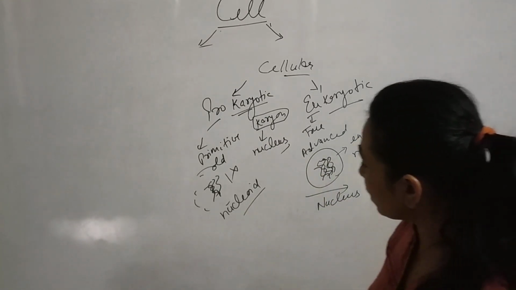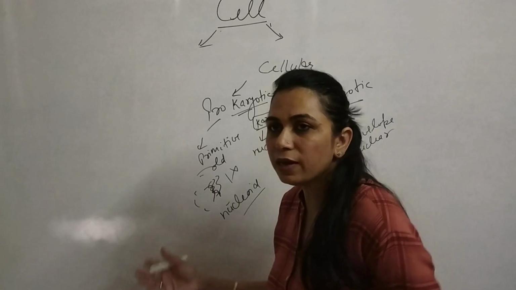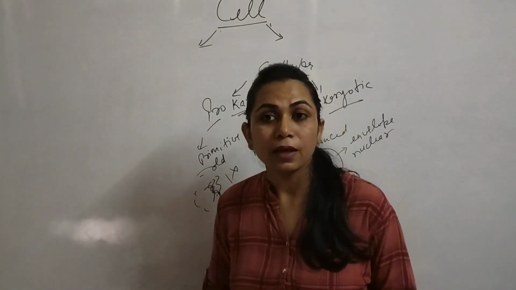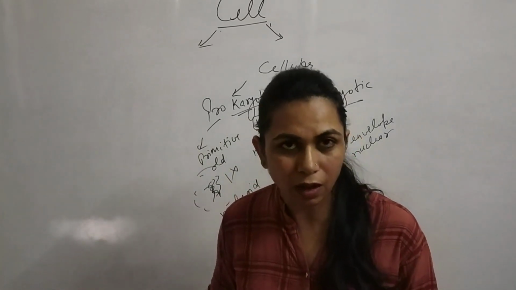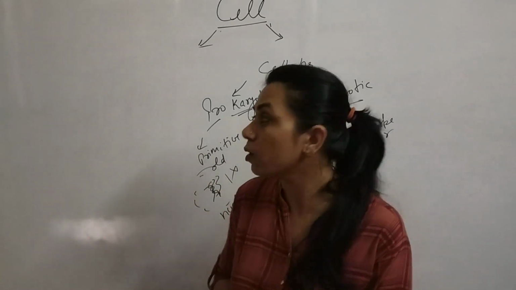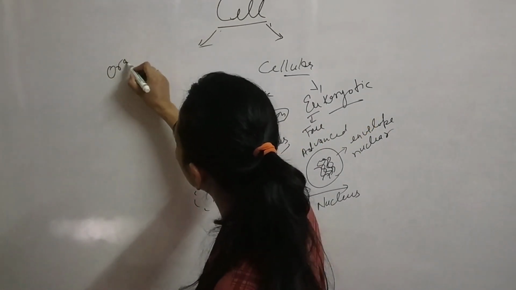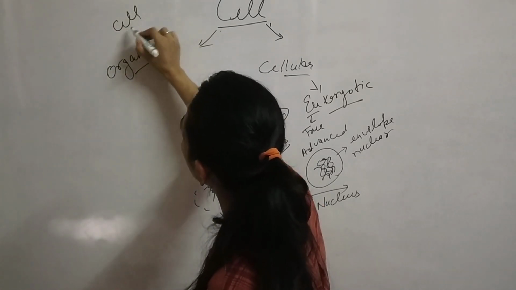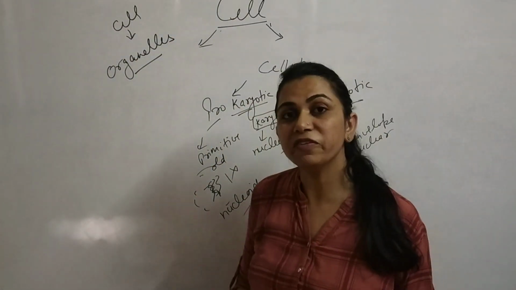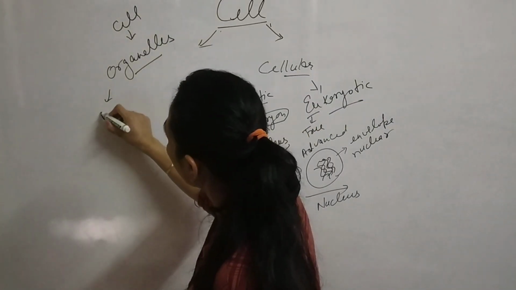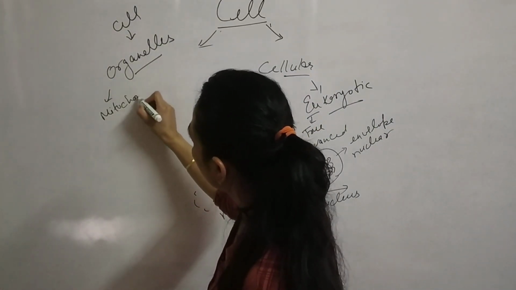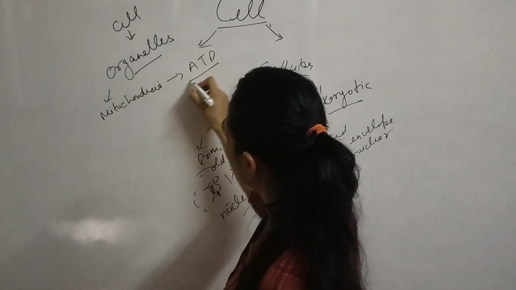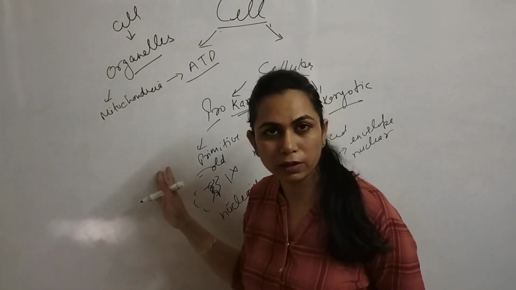Right? Then second, similarly various organelles in the cell. I discussed in an earlier lecture, like there are different members in our house, similarly in the cell there are different organelles. We use the term organelles. These organelles have different functions, like we have mitochondria. Mitochondria produce energy in the form of ATP. It is the powerhouse of our body. Right?